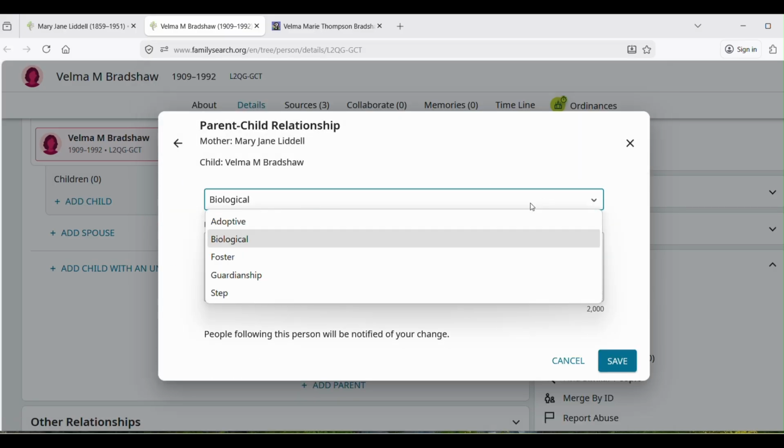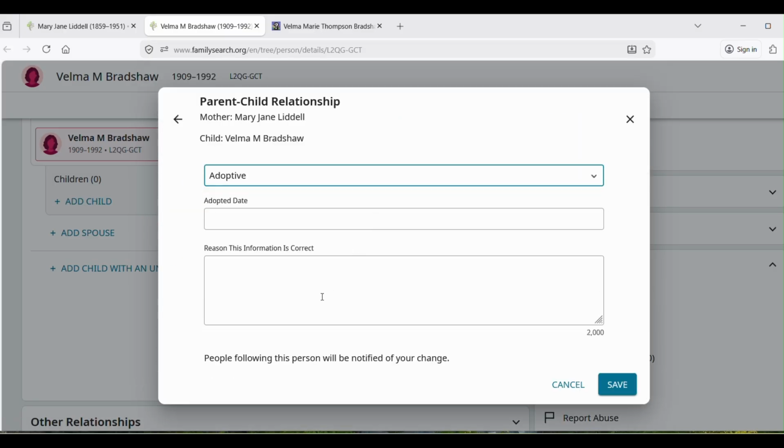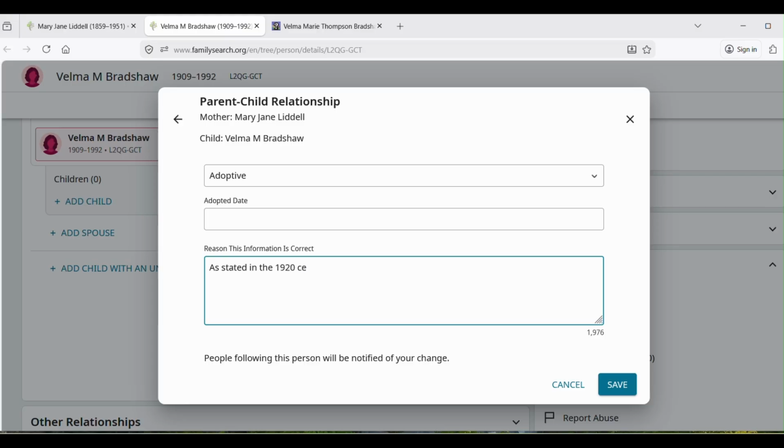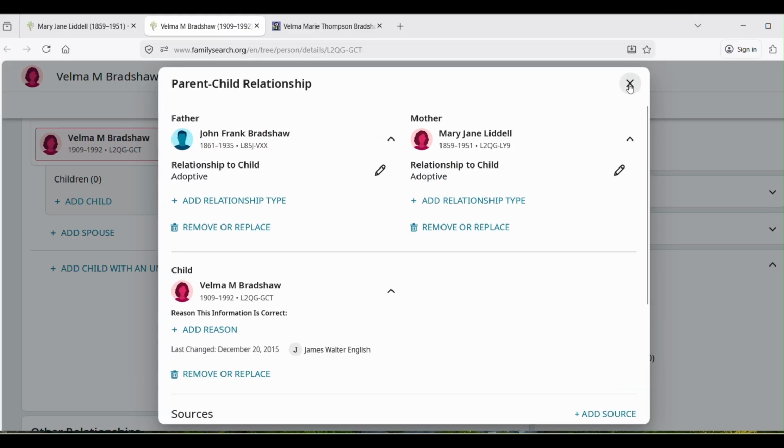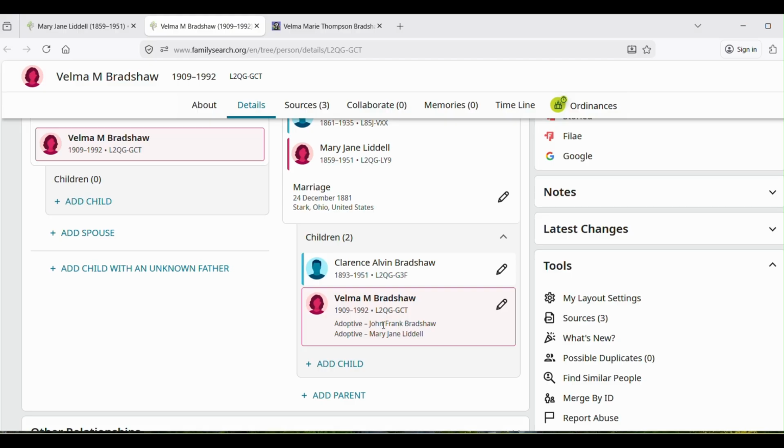The mom is the adopted mom too. I don't know the date, so I'm not going to try to fill that in, as stated in the 1920 census. Now I could do that for the son. See, and there it lists them as adopted, and I could do that for the son.